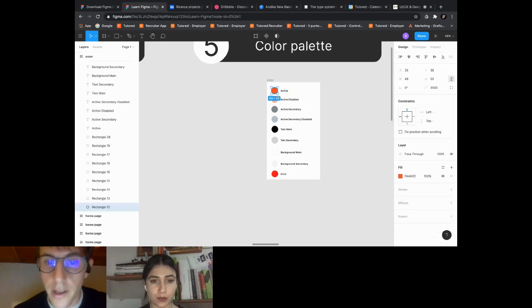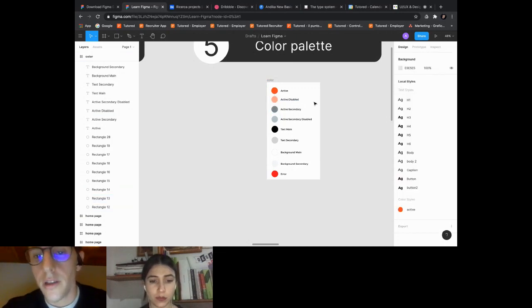The primary color and secondary color, but we have also active color, which is the primary, and active disabled, because imagine that you have a button that is disabled. We have to create it in our color palette in Figma.